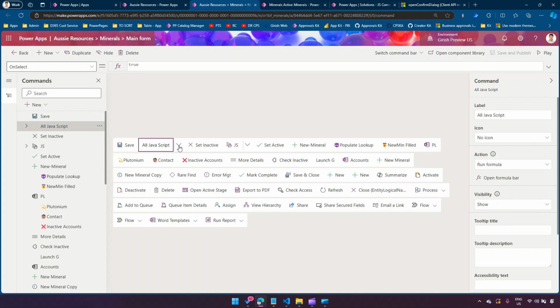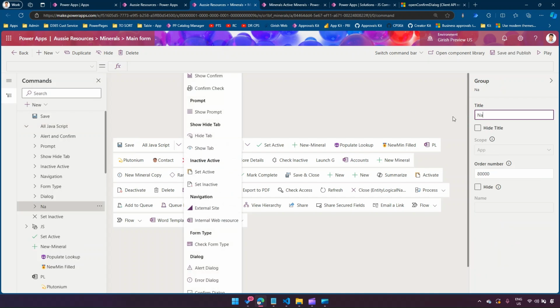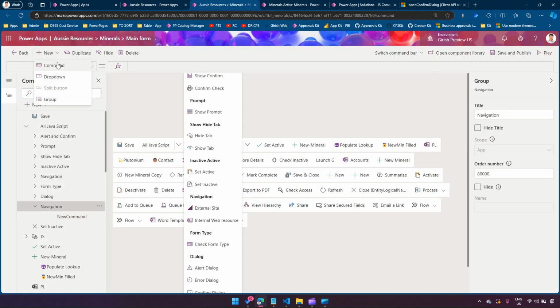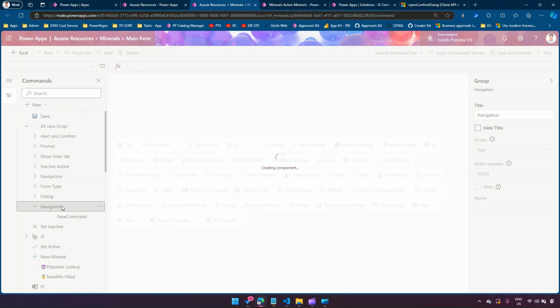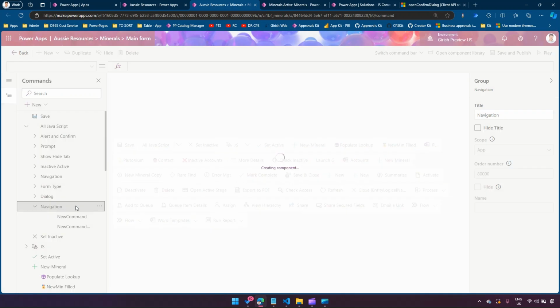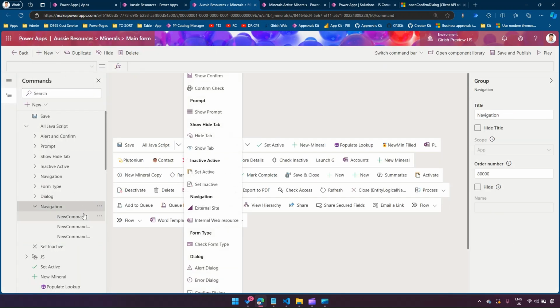So the first thing we will do, we'll make use of the split button. As you see over here, there are a lot of groups. We'll create a separate group and I'll call this group navigation. Now this is a navigation group. I'll click on the down arrow and we will add commands. So we need to add 5 commands over here. So I'll click on 1, 2, and then again click on this command, click on new command. So that's the third one, fourth one,